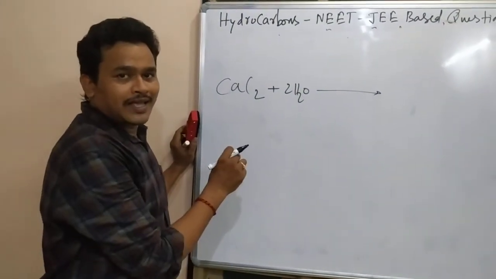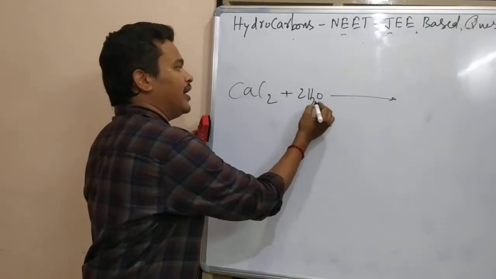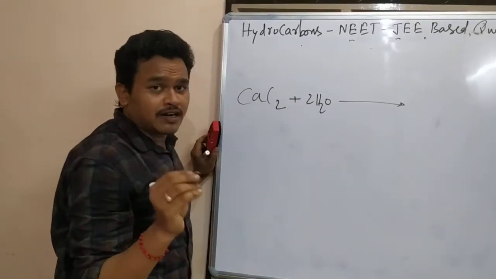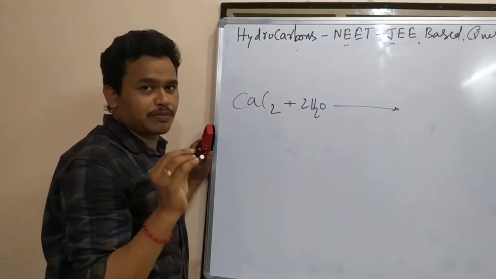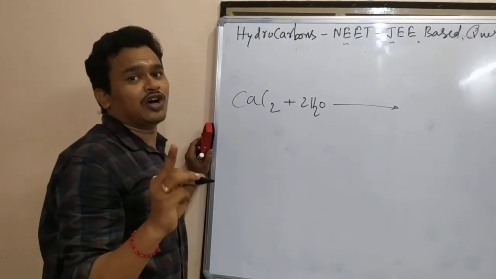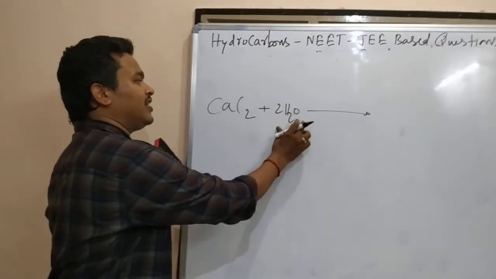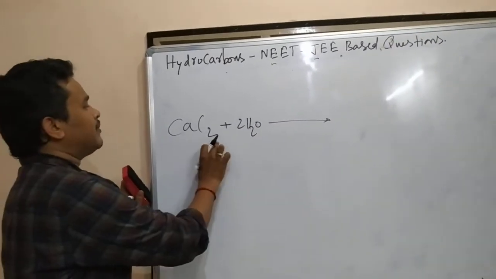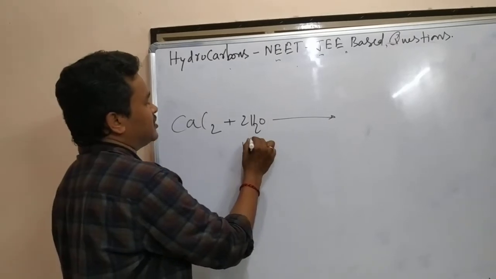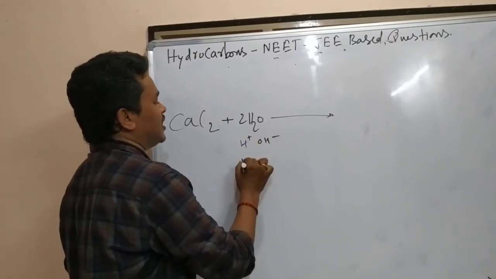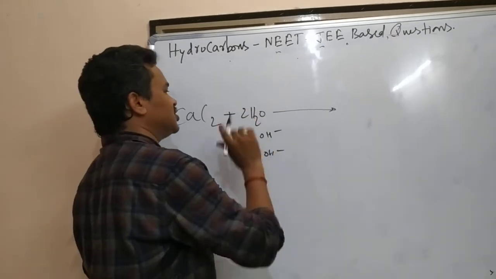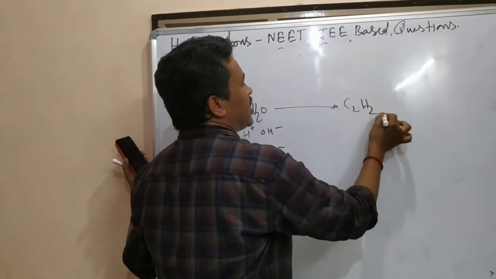See this one here, calcium carbide on hydrolysis. It is one of the preparation methods for alkyne, Ashley preparation method. But I am not focusing on that. Here the question is, after hydrolysis, what is the nature of the solution? That is the question. Here calcium carbide is given. Here what is that? H plus, OH minus, H plus, OH minus. 2 carbons, 2 hydrogens, radicals you consider. C2H2 coming.